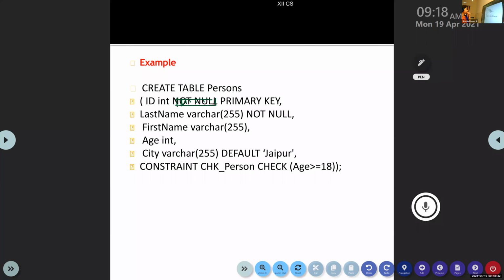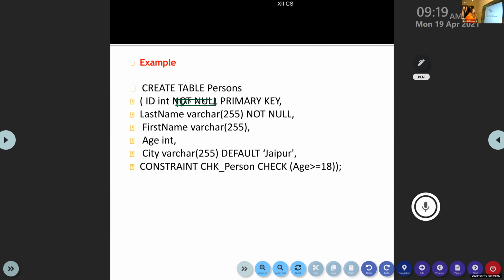After writing the data type name, then you have to write primary key, comma, last name varchar 255. Then what is the constraint given for last name? Not null.